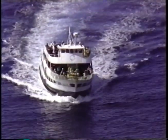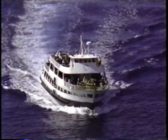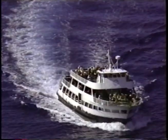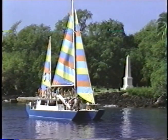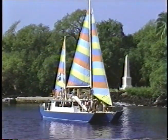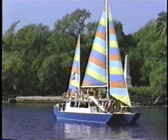If you enjoy the ocean and what's beneath it, Kona is the perfect place. Here you'll find a number of glass-bottom boats that cruise along the coastline. The marine preserve at Kealakekua Bay is an exceptionally beautiful spot to experience the underwater world of Hawaii. There's also a monument in the bay to honor the navigational achievements of Captain James Cook, who was killed here